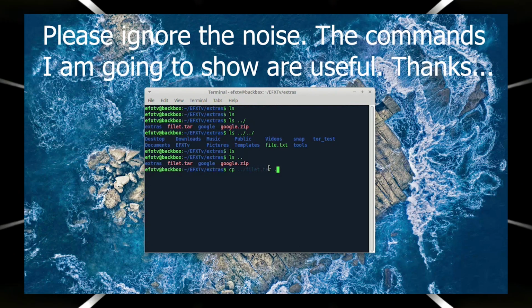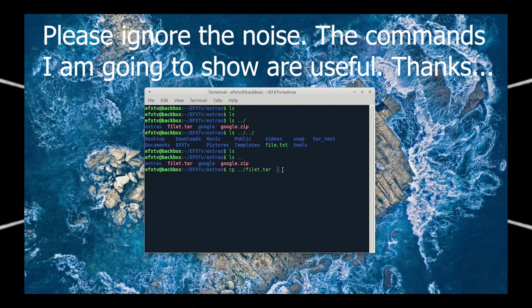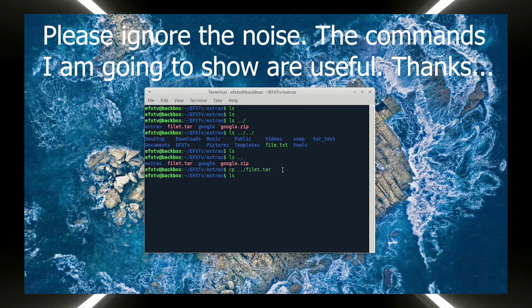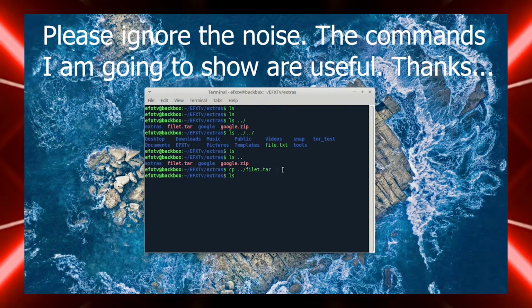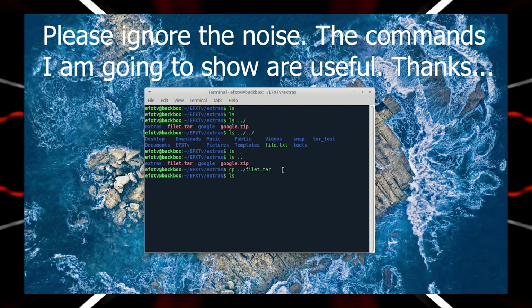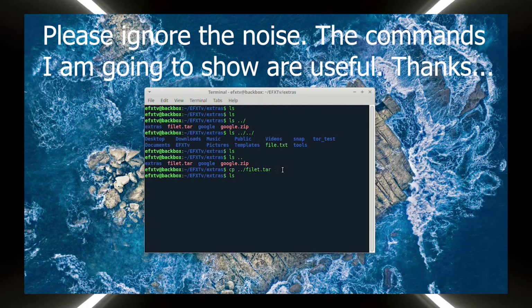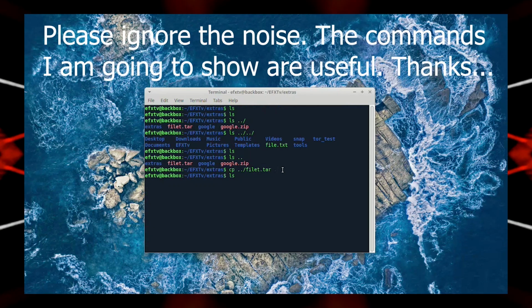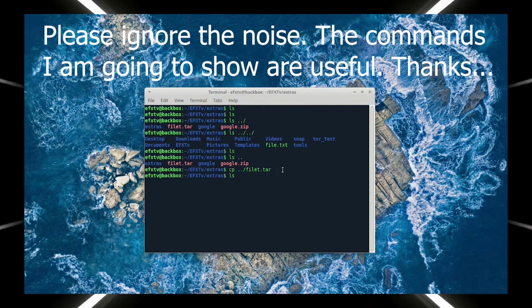So copy a file from the previous directory to the present directory. It's done. Now, if you want to remove a file from the previous directory, what command should I use? Let me know in the comment box, or